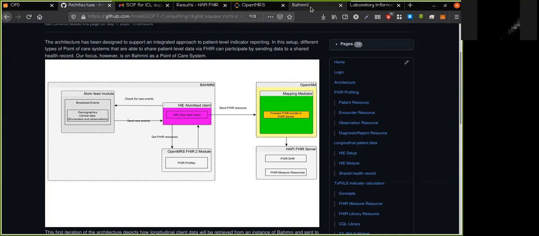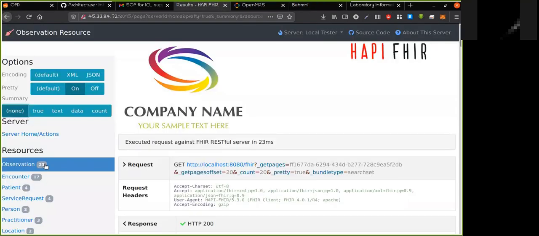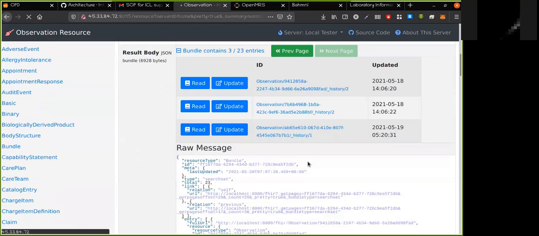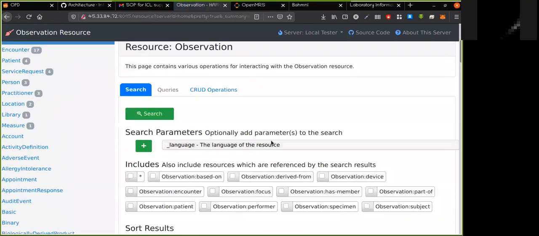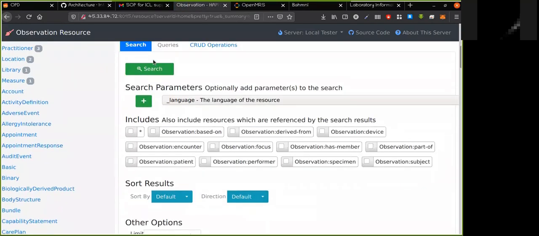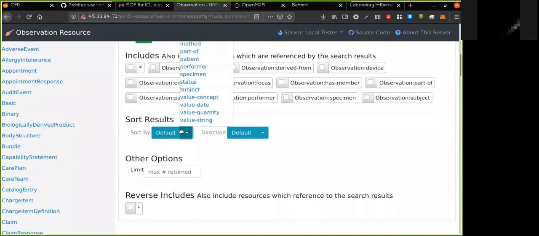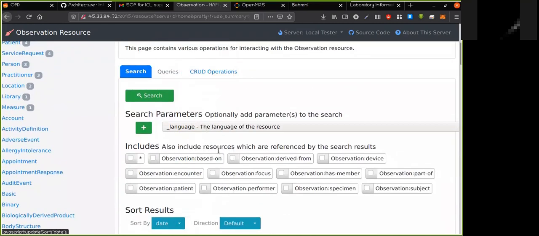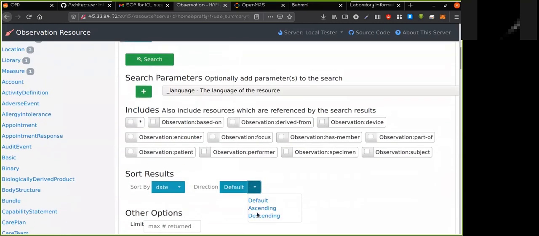So if we go to our HAPI FHIR server in this case, we'll see in observations, so I'll just sort by date, descending.